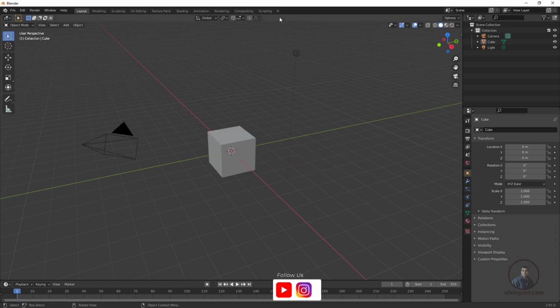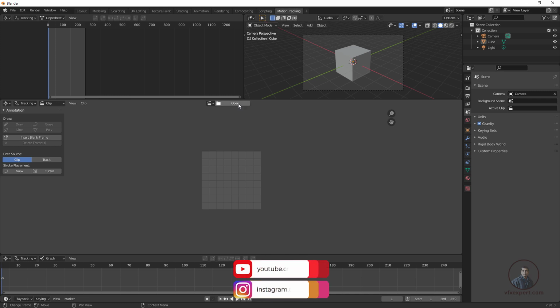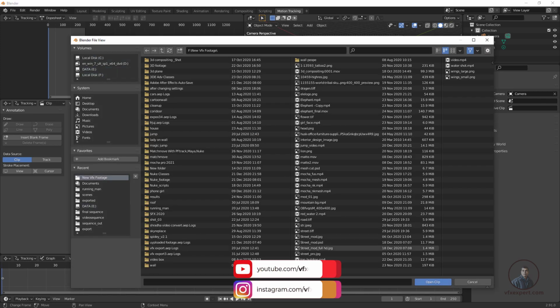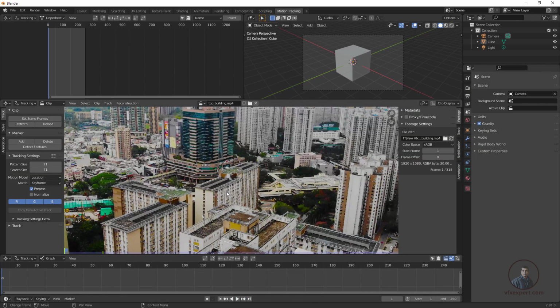Now for motion tracking, simply click on the plus options here, then go to VFX and click on Motion Tracking. Then click on Open here and select the footage which you want to track. I have selected this one, and I click on Open Clip here. Now downside you can see this is your clip and this is your 3D panel or 3D interface, and this is the dope sheet, and downside this is the graph editor, and this is the default motion tracking interface